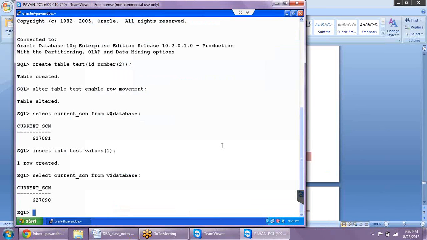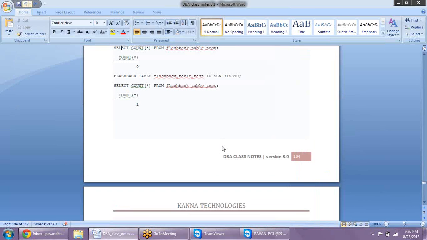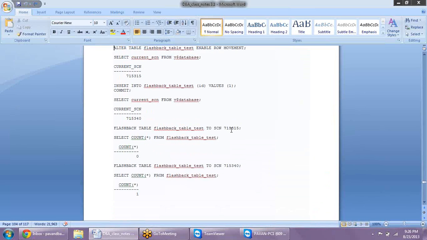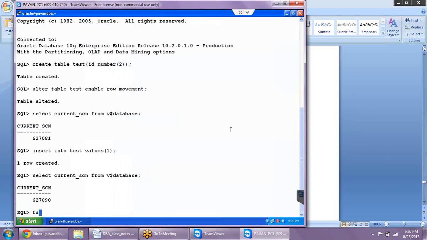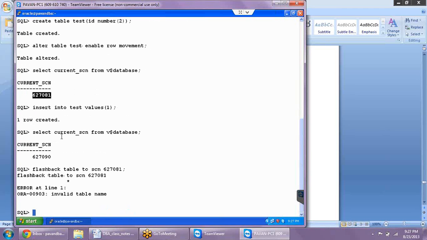Now what you can say is flashback table to SCN, the older SCN number. Now if you look at this SCN number 627081, the table count is 0. So when I do flashback of this table to that particular SCN,